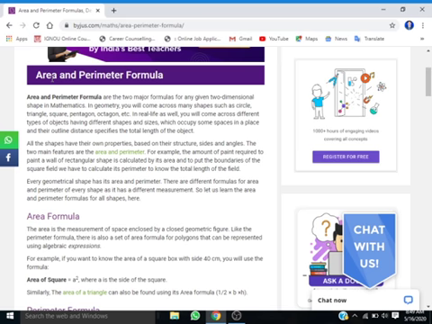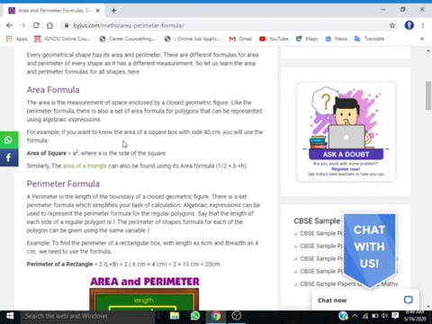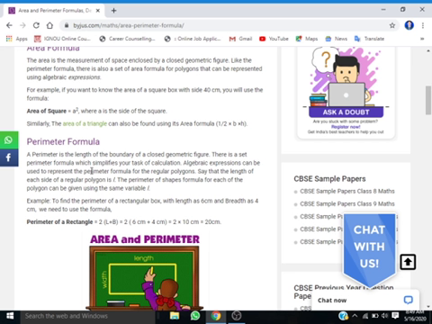So let's move to the formulas which are given here. Area of a square: if a is the side of a square, then area of a square becomes side a square, which is already discussed. And area of triangle is 1/2 base into height, 1/2 base into height. It is also already discussed, and many problems are discussed on the basis of this concept.